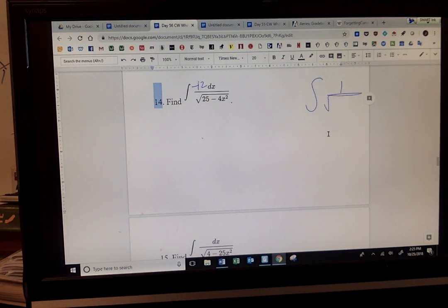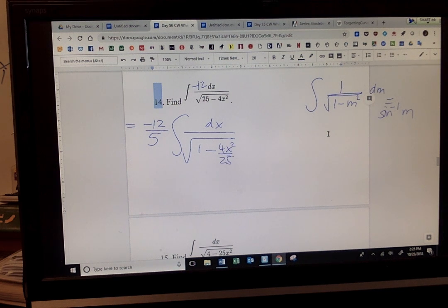1 over radical 1 minus u squared, du. We won't be in a rush. I'm deliberately slowing down. I'm even talking. I shouldn't be talking. I should be focusing on the problem. What can I pull out? Negative 12 over 5. How many of you understand why the 5? The square root of 25 is 5. It gets pulled out. Observe the pattern. Integral dx over radical 1 minus 4x squared over 25.